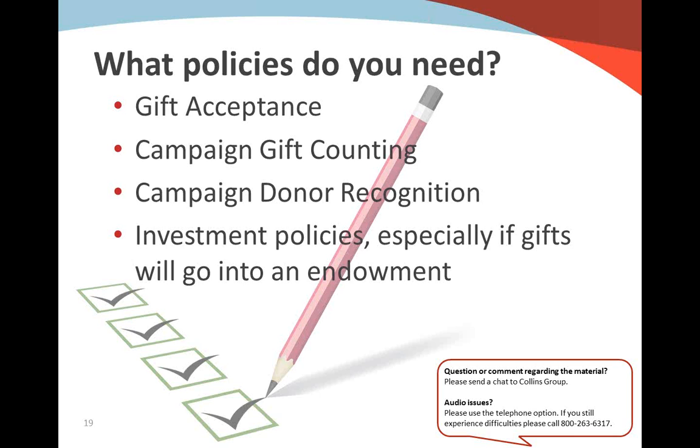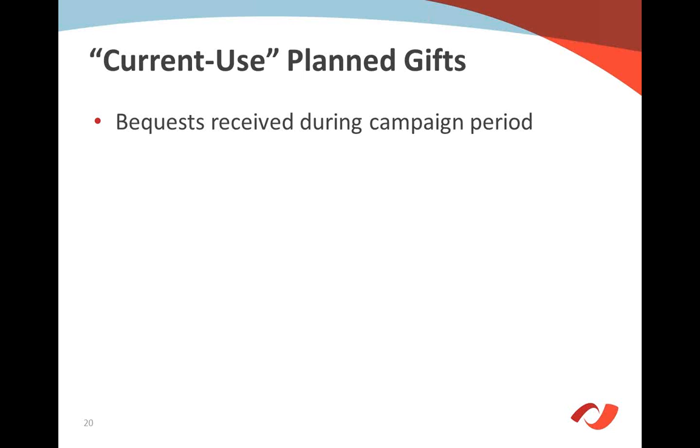The first current use planned gifts are bequests that are received during the campaign period. It can be helpful, early in your planning effort, to determine if your organization receives bequests, the payout of bequests during the campaign period, and how they will be allocated. Some organizations have policies that would automatically put bequests into an endowment fund or a fund for the future. Others consider them unrestricted gifts, applied to the organization's top priorities if they come in as unrestricted bequests. Of course, they may come in as donor restricted. So it's helpful to be thinking about them, but I have found in many multi-year campaigns that there will be